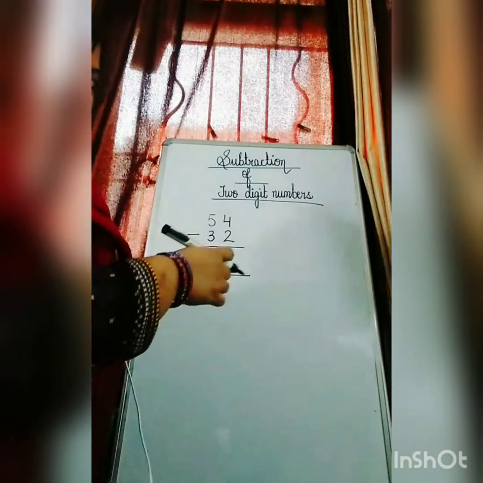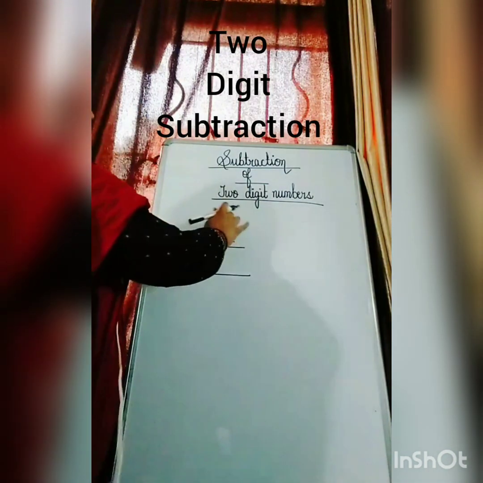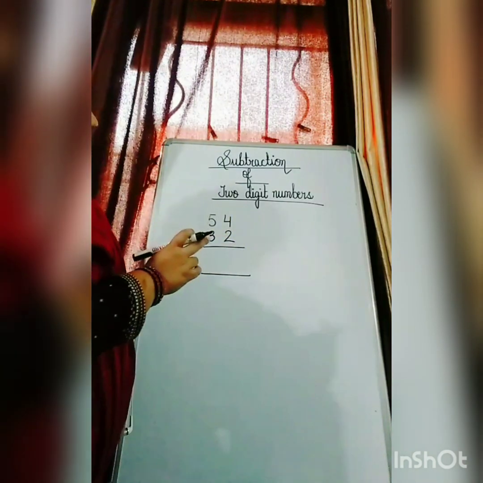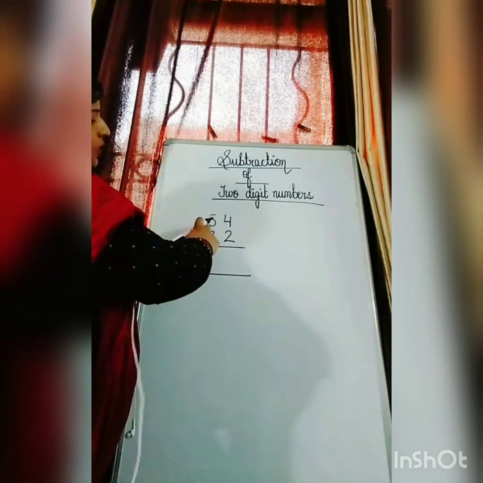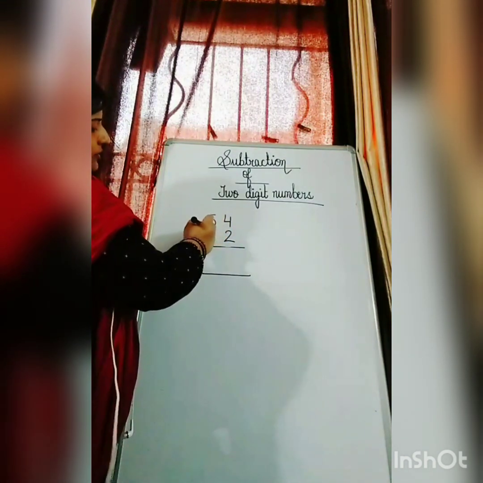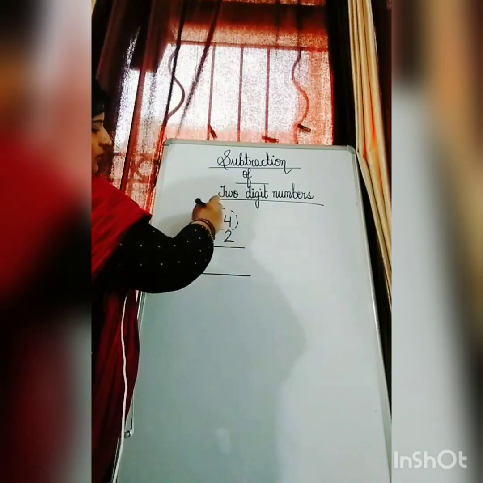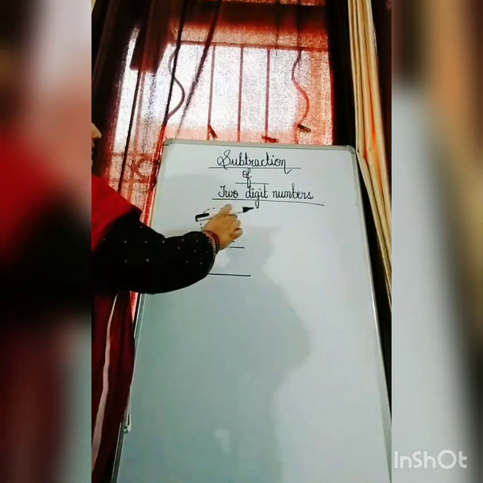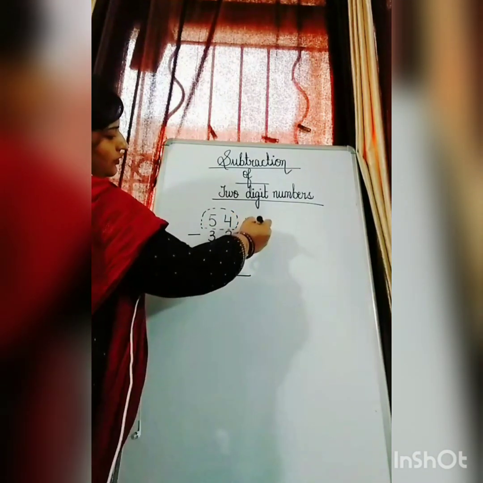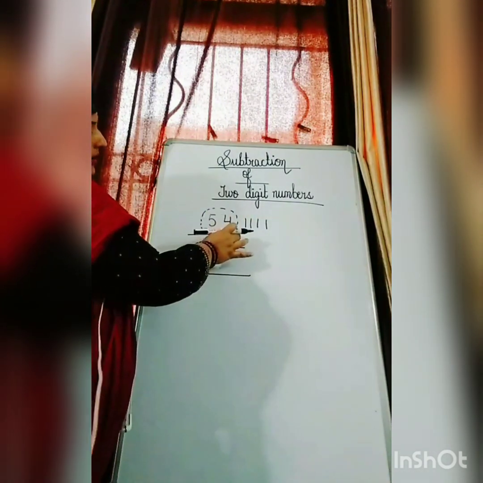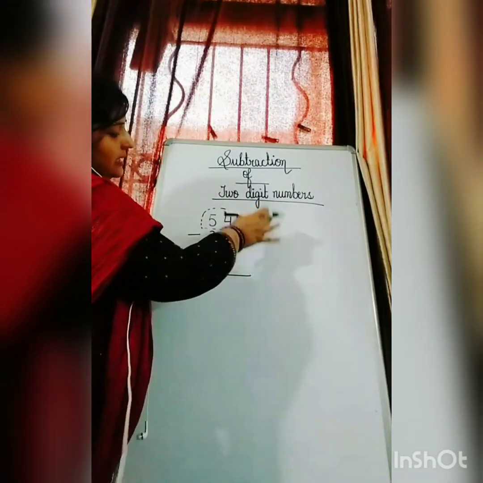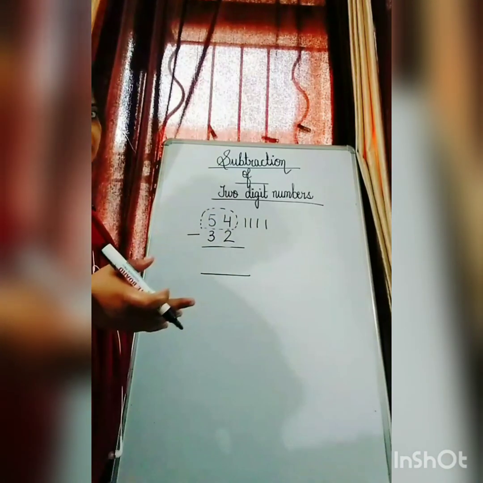So left-hand side I will take it for subtraction, but in this we will not take the lower number. हम नीचे का नंबर नहीं लेंगे, हम सिर्फ ऊपर का नंबर लेंगे. I'm going to take this upper number only, not the lower one. Okay, 4. I'm going to make a line for the 4. 1, 2, 3, 4. अब the number which is down, जो नंबर नीचे है वो आपको बताएगा कि आपको इन 4 लाइन्स में से कितनी लाइन्स को कट करना है.